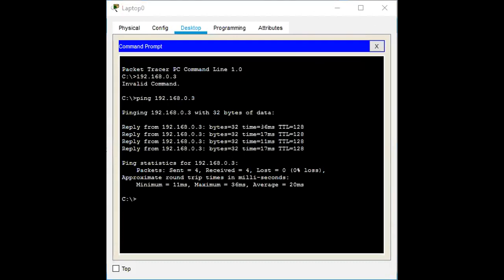Okay, now we get the details. 0% loss means a connection is established through the access point. We can send and receive data here. Okay, this is for the third experiment.